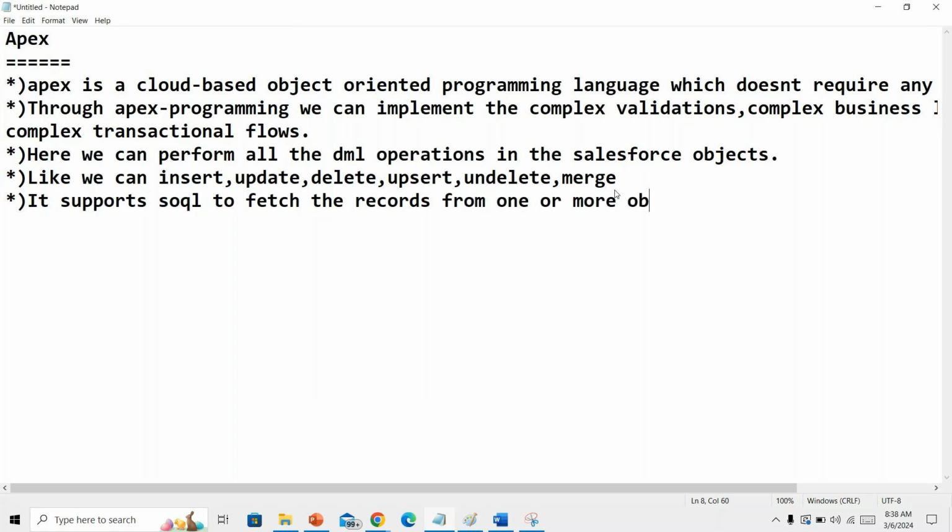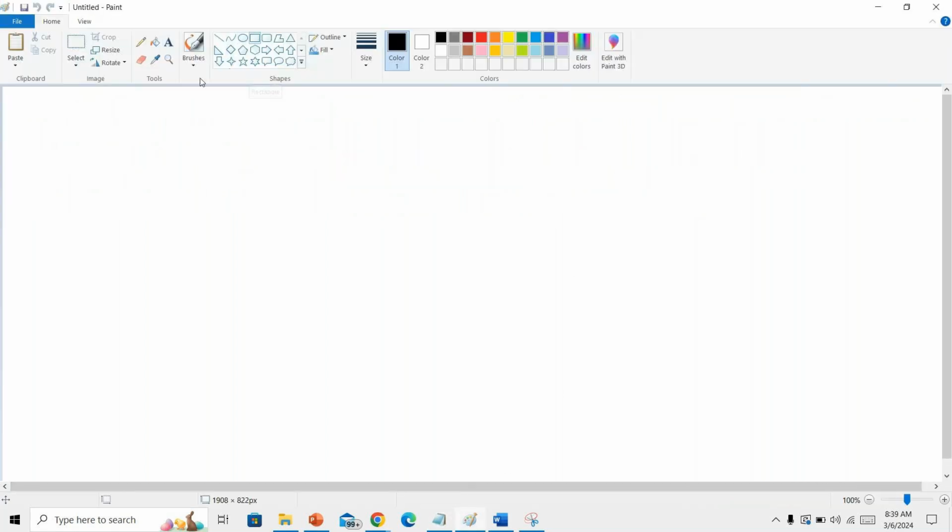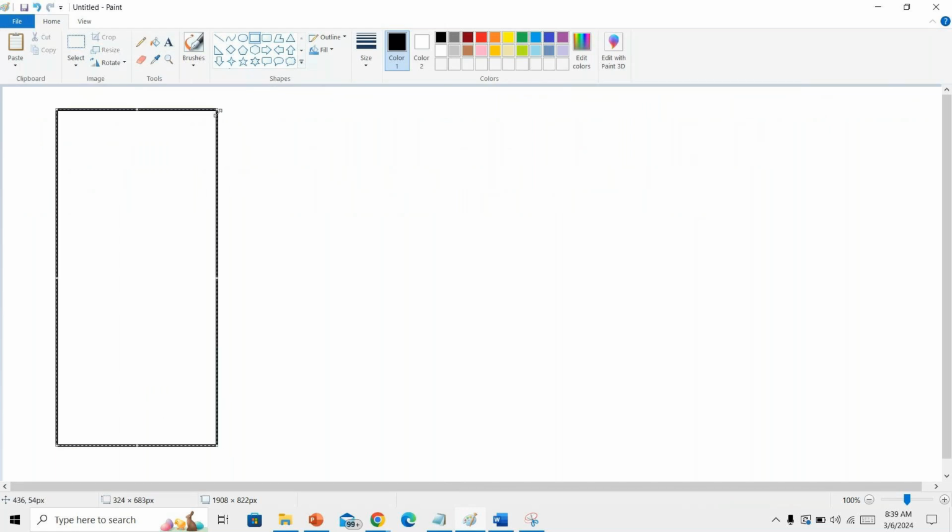Venkat, what are DML operations? DML is nothing but operations like insert, update, delete, Swapna. We can insert the data, update the data, delete the data from your Apex programming. I'll explain with an example. For example, this is your LWC component. As a customer, or a sales agent, you are entering some data. If they click on submit,